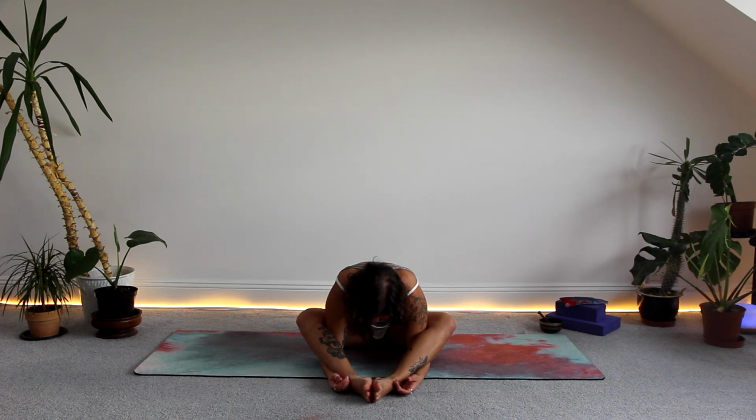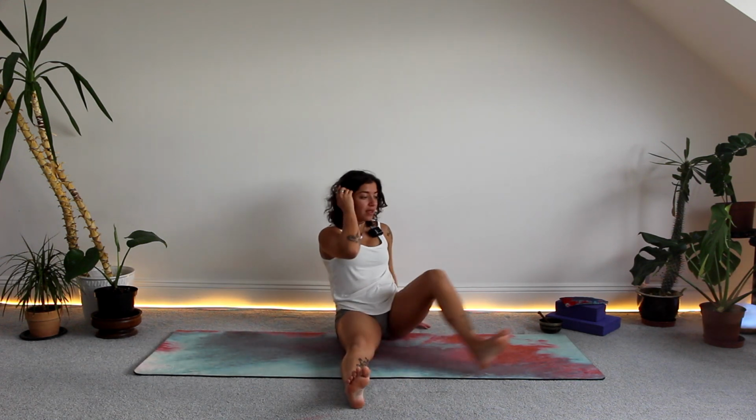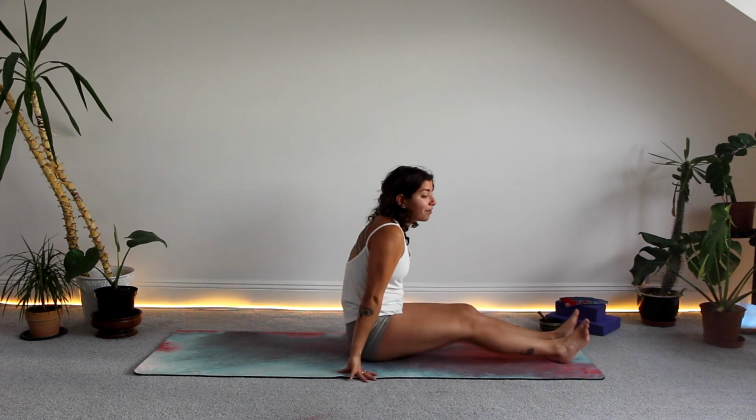I'm going to be here for one more breath. Make sure those glutes are switched on whenever we're in this position with the legs, just so we protect the hips. And then gently, gently detangle yourself. Use the hands, lift up the knees, extend them away from you. And from here, we're going to lie down on our back